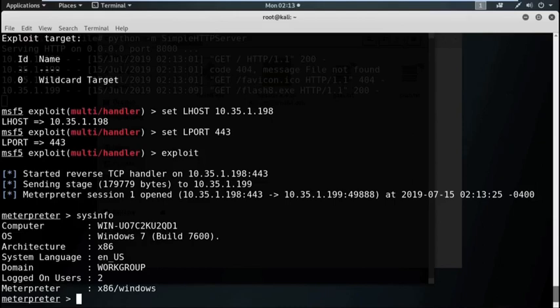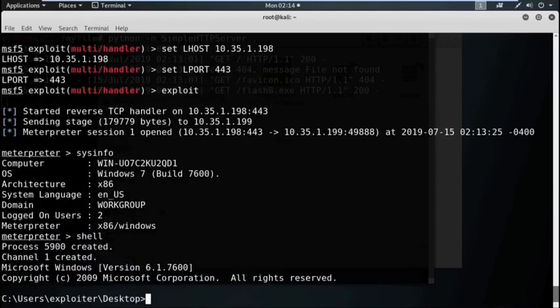Now, we are inside the Windows 7 machine. Now, from the Meterpreter session, using the shell command, we can directly go inside the target machine. Now, see, we are inside the desktop of the target machine.